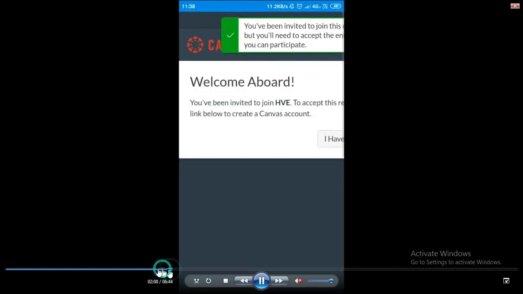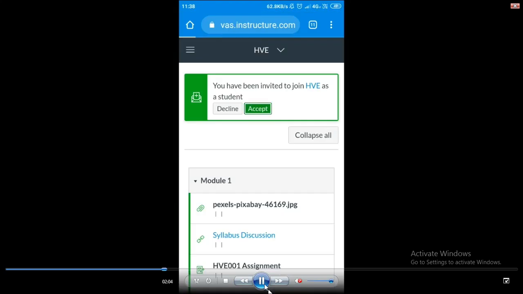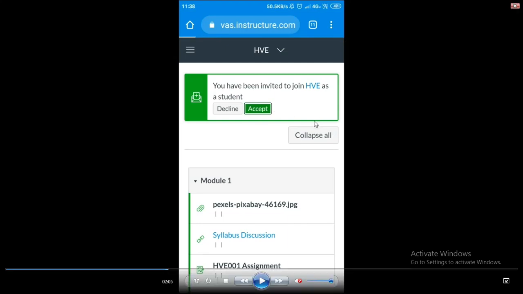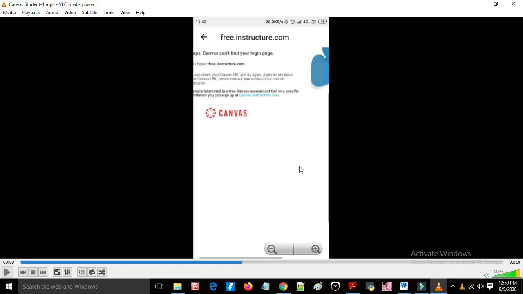While in the mobile app, you have to search for Find my school, and in that select Free. It will go to this page. In this page, click on whatever link is provided for free. It will lead to canvasinstructor.com, and from that link you have to sign up.